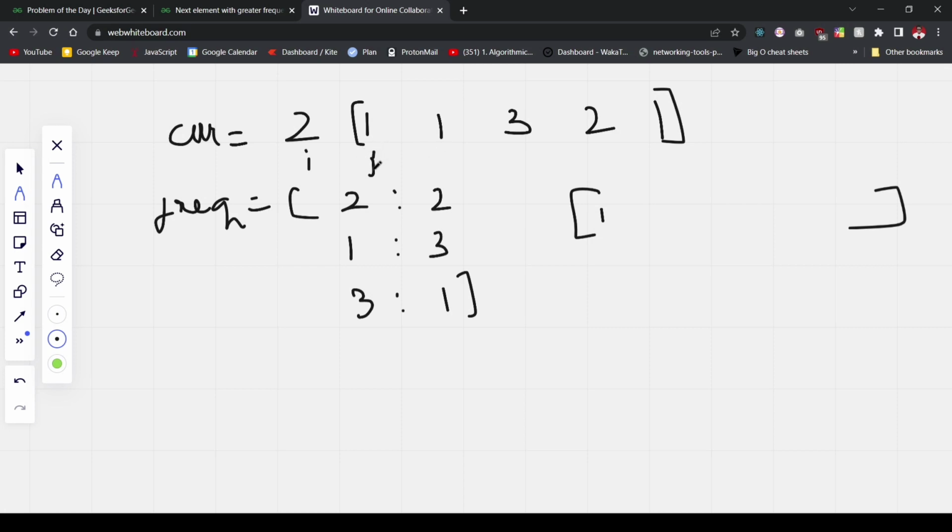Similarly, if I have 1 as my ith element, then I would have to check for the elements from i plus 1 to the ending point, and that would be from j equal to 2 to n minus 1. And again I'll make the same check, and if I reach the end, then simply it means I would have to enter minus 1, meaning there was no element which had frequency greater than the currently considered element. Now using this approach we'll be able to solve the problem only in O of n square,